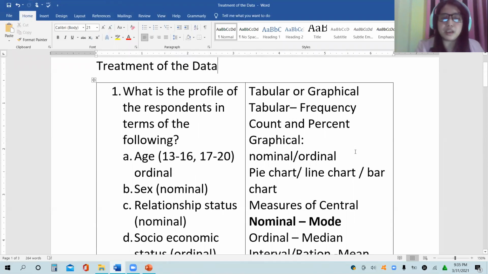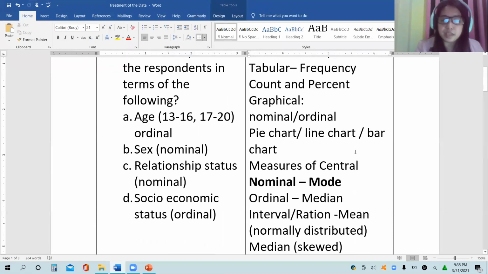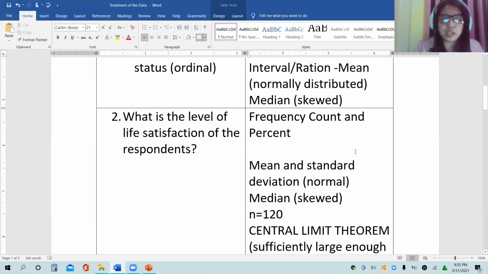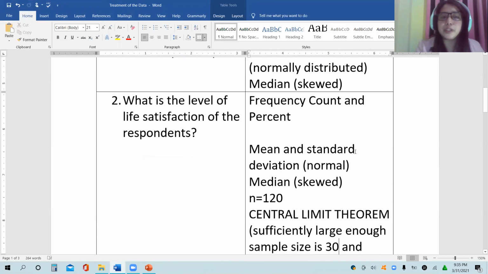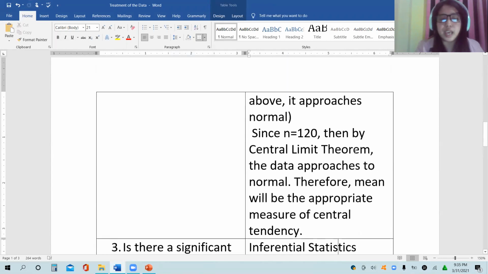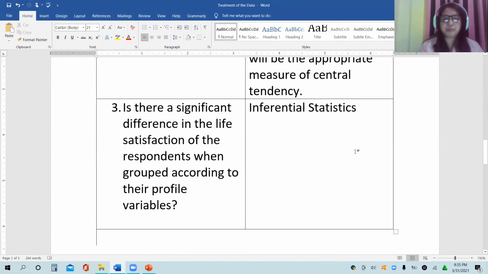Number 1, what is the profile of the respondents in terms of the following: age, sex, relationship status, and socioeconomic status. Number 2, what is the level of life satisfaction of the respondents? And number 3, is there a significant difference in the life satisfaction of the respondents when grouped according to their